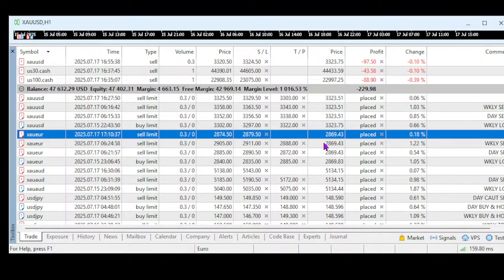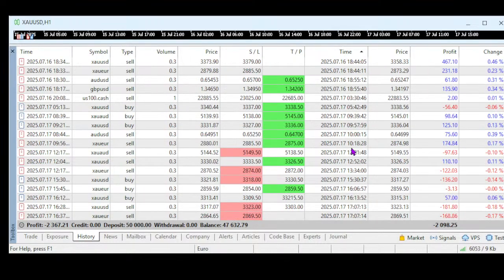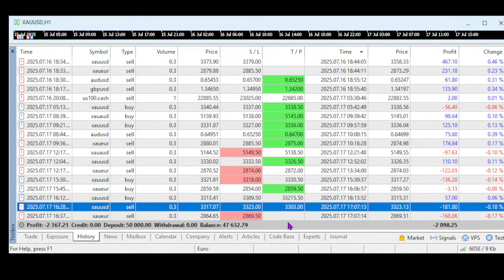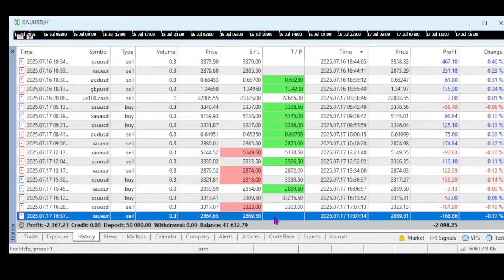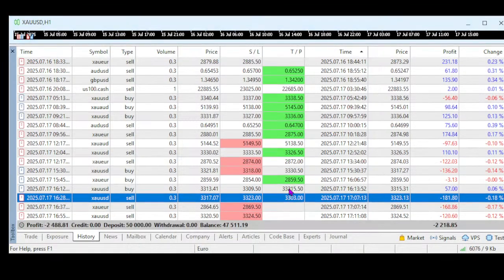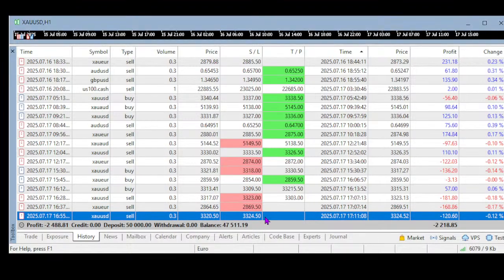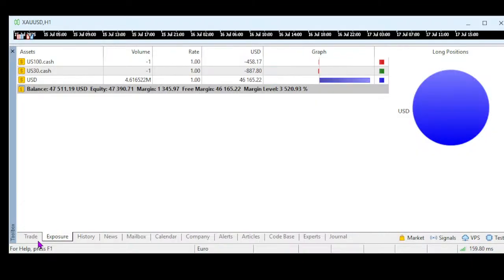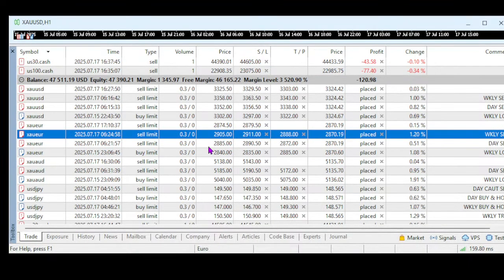So far, for those of you who have just joined, we have taken five trades. We got the gold just now. The gold euro we got stopped out, and gold US we got stopped out. I think the gold US second entry also got stopped out. So all together we need to cover about $500, which is about 1%. So we need to cover that.